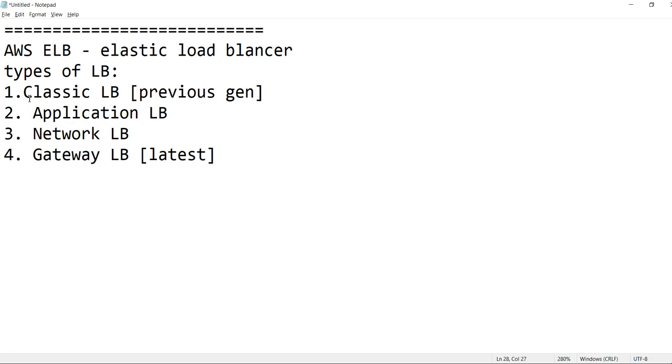Classic load balancer is the previous generation one, and application and network are what we are currently using. Gateway was recently introduced last December, and we will use the gateway load balancer for specific use cases.